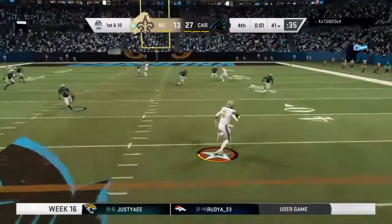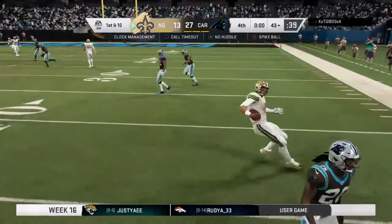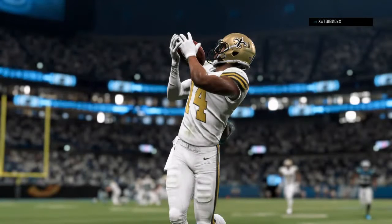And now he'll tuck it and run. And taking it across midfield and inside the 45. So this one is over. A victory for Carolina. And they were spurred on by a strong performance in